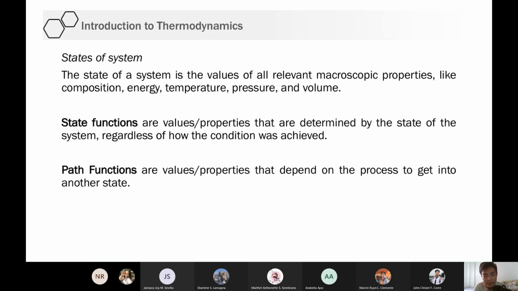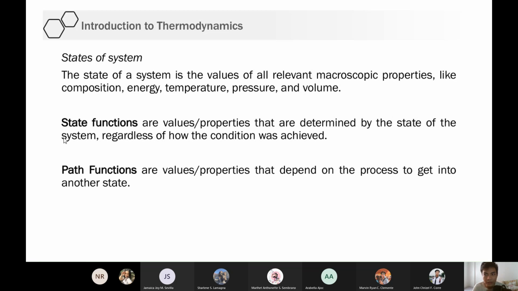Okay? So, yun. And then the last part of the terminologies lang tayo muna is the states of system. So states of system, dalawa yung pinag-uusapan natin. We have a state function and a path function. Pag sinabing state function, its value depends on the difference of the initial and the final state. So, ang state function, inaalam niya ano yung final state, ano yung initial state. Yung difference nun, yun yung value niya.